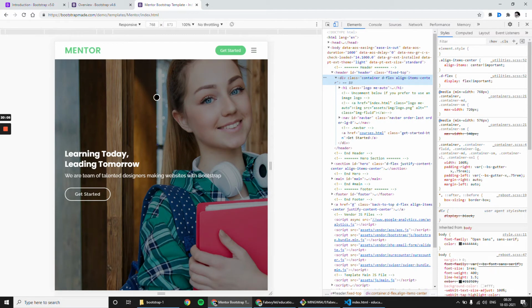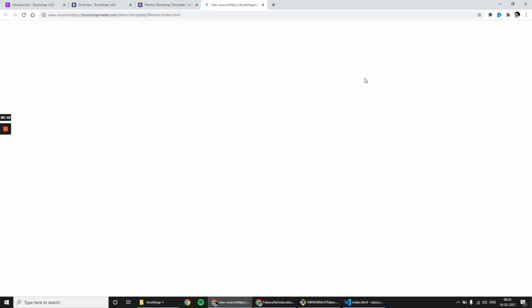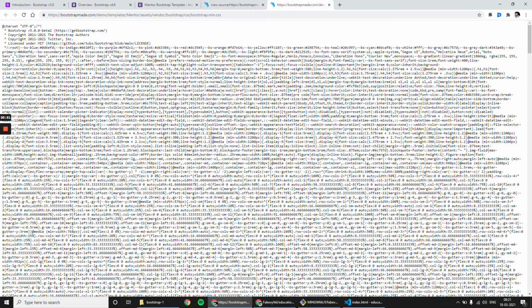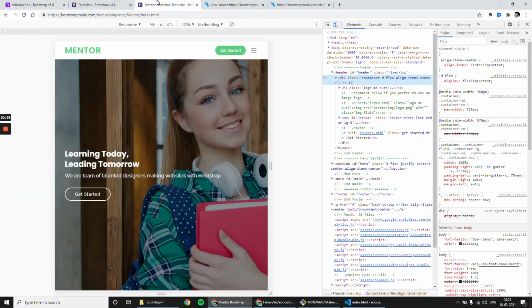Before that, let us check which bootstrap version that they have used. It is the first thing that we should have checked. So this is a bootstrap URL. So right click on it, opening new tab. Oh, they have used bootstrap 5. So let us use bootstrap 5 instead of using bootstrap 4, so that we can ensure we are on the latest version. And as we were learning, there is no major difference between bootstrap 4 and 5.